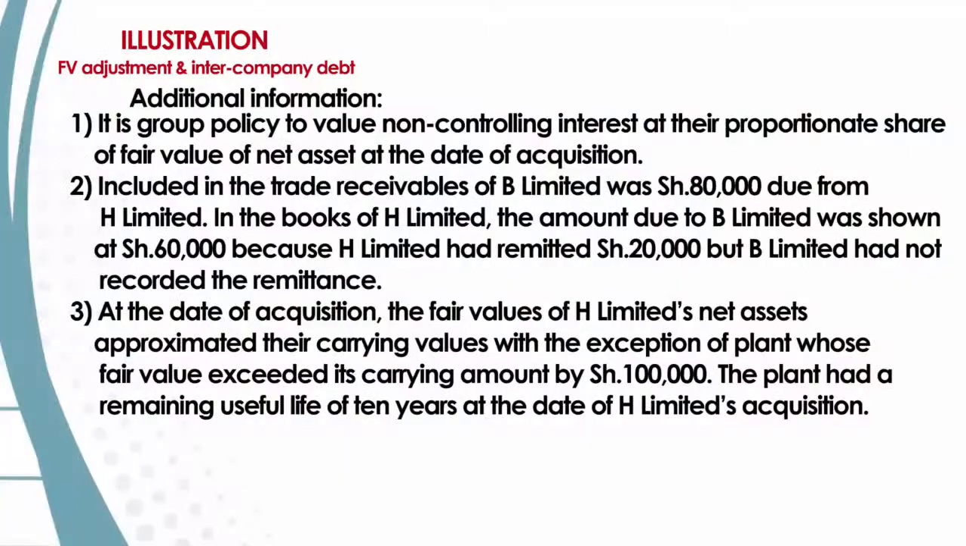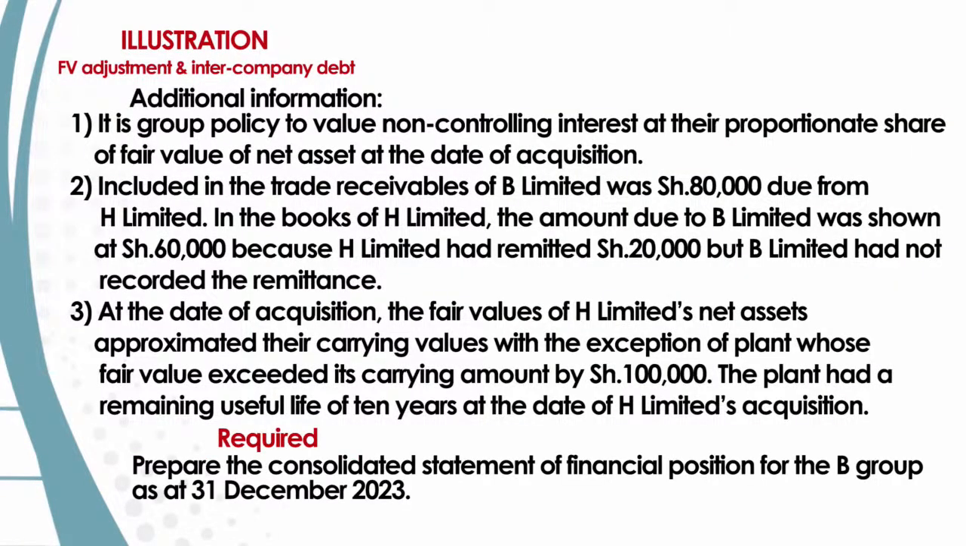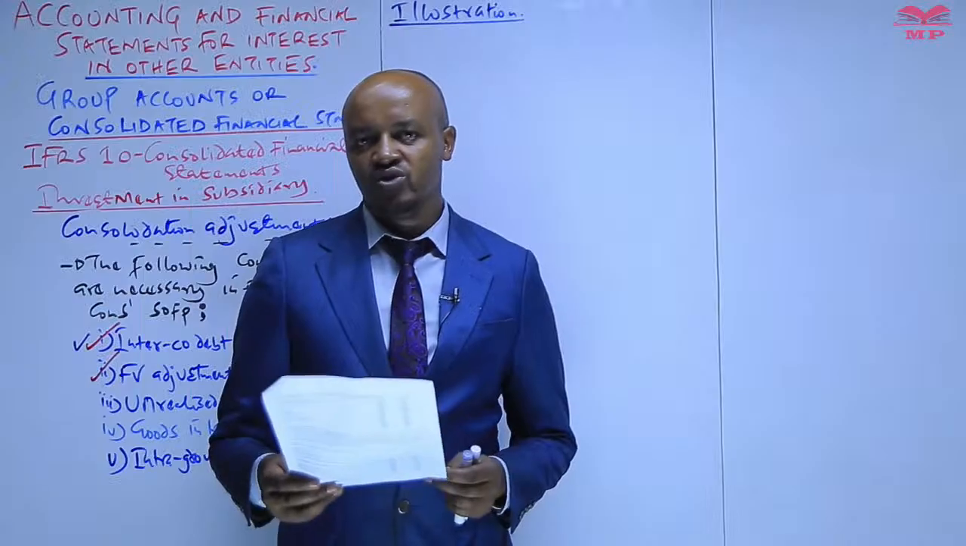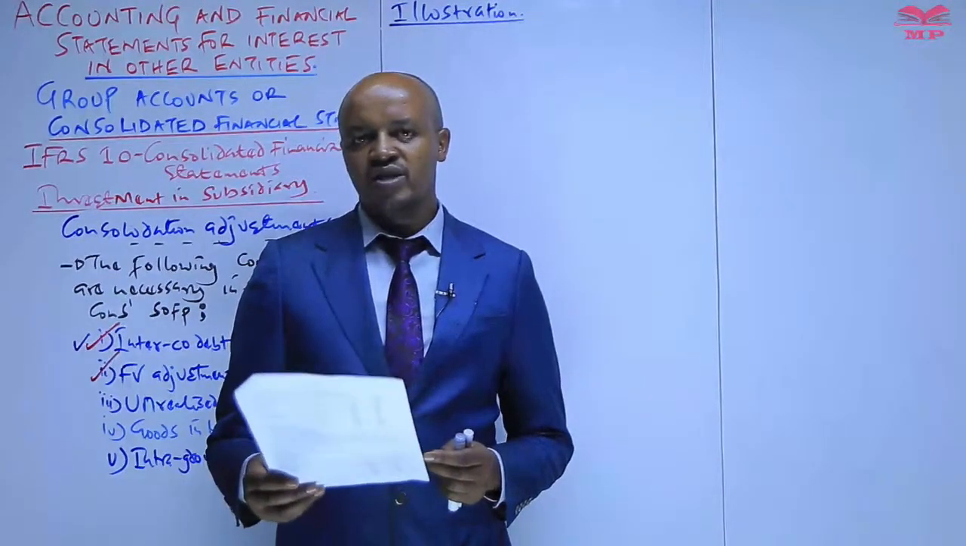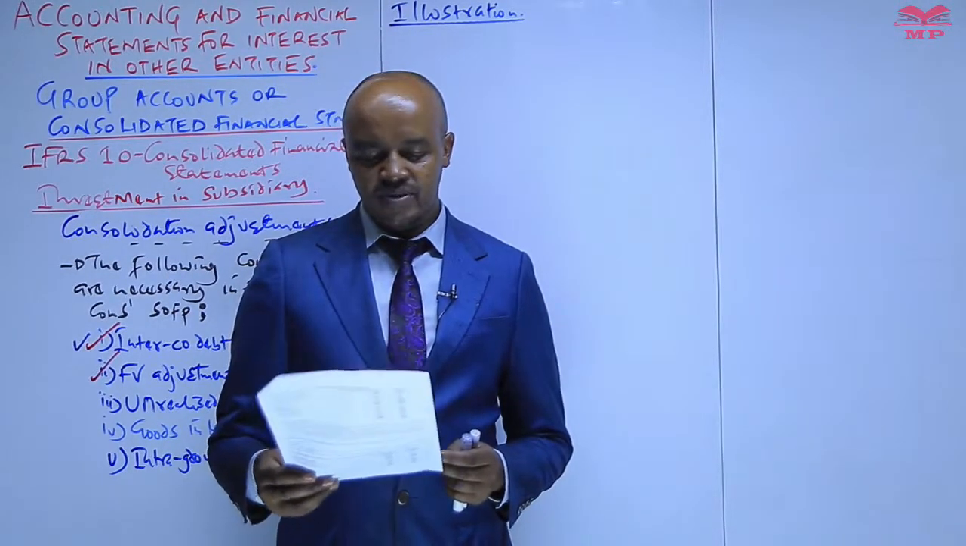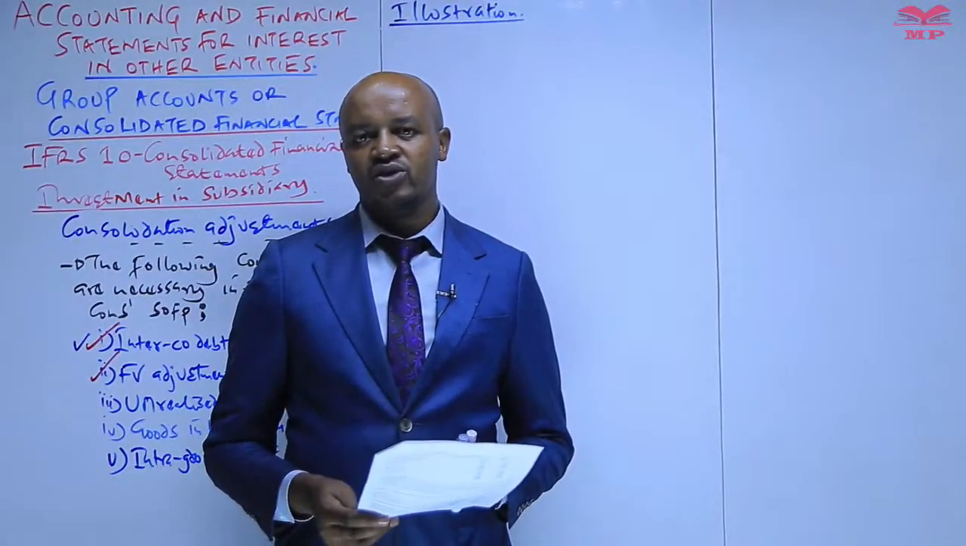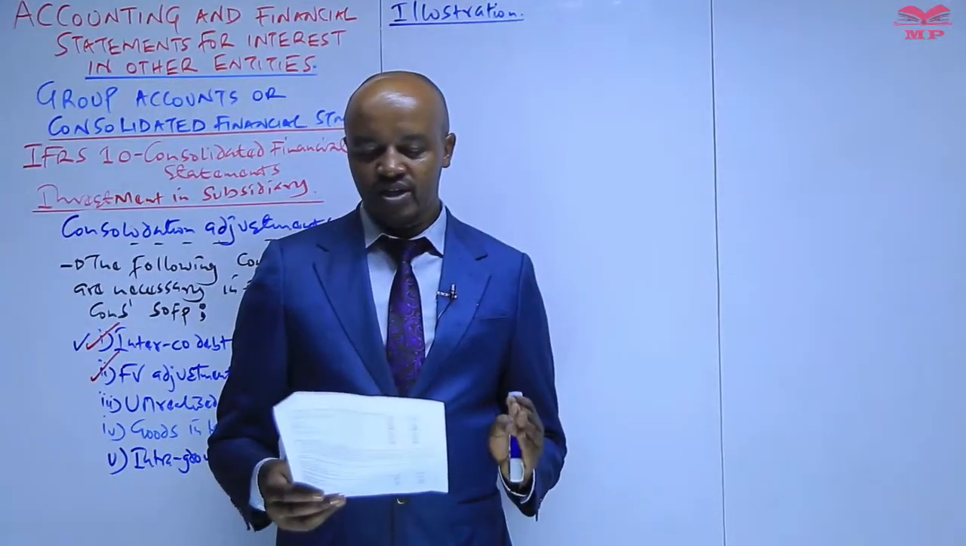So what are we required to do? We are required to prepare the consolidated statement of financial position for B Group as at 31st of December 2023. Remember what we said is that if you come across such a question for group accounts, the first thing you need to do is always to come up with a group structure, and then from there you consider the consolidation adjustments to be made in preparing the consolidated statement of financial position,